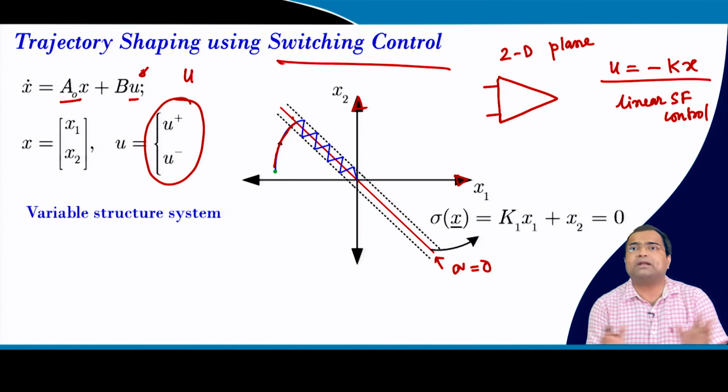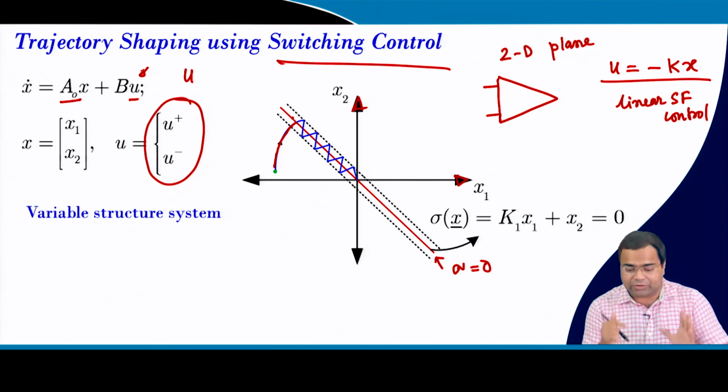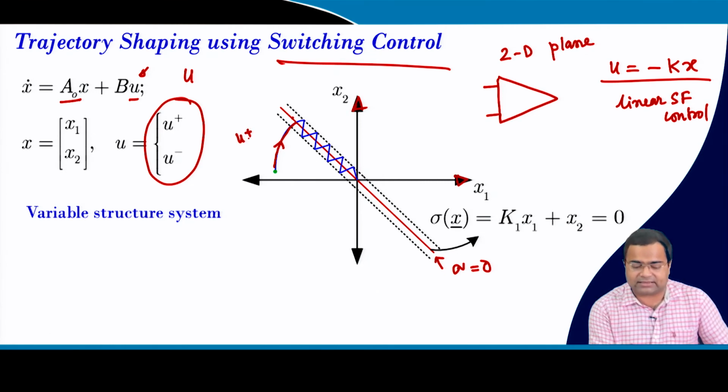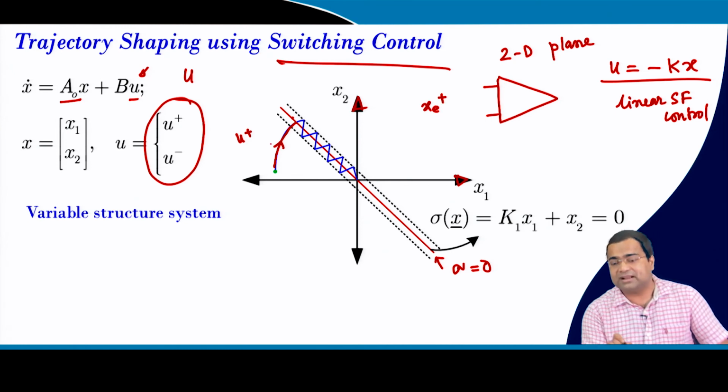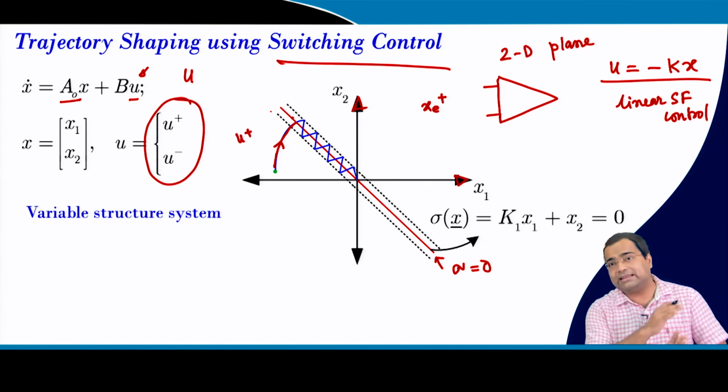So, here also the operating point will be different. That is why it is a variable structure system, because these two operating points create two structures, and we need to make sure that if you take U plus, your operating point where it will eventually try to move should remain on this side, because it should try to come towards this operating point, and when it hits the surface, then it will get locked.